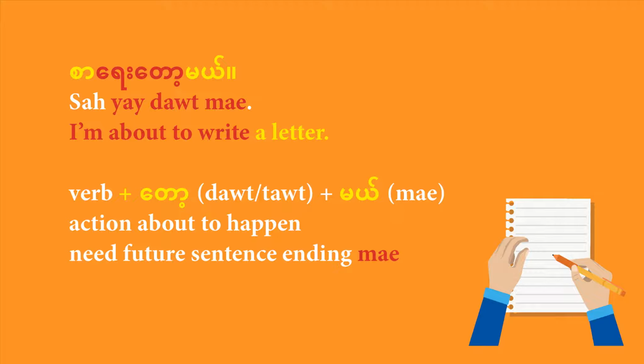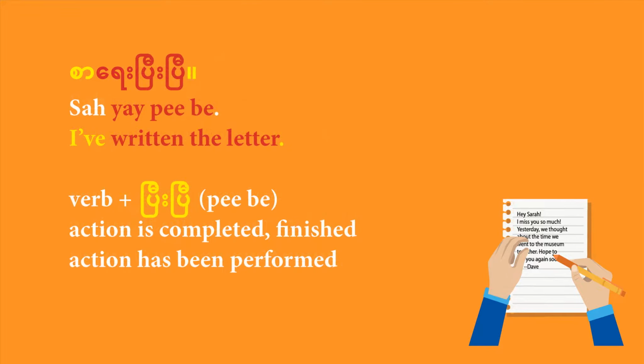With that, the particle do that follows the verb ye and the future sentence end particle me are critical, so pay attention to that. How about finished writing the letter? Have written the letter. You would say, saye bibi. I have written the letter. The pair bibi, the combo that includes the completed action particle be and the sentence end particle be for actions that are already initiated, are the key to this structure.